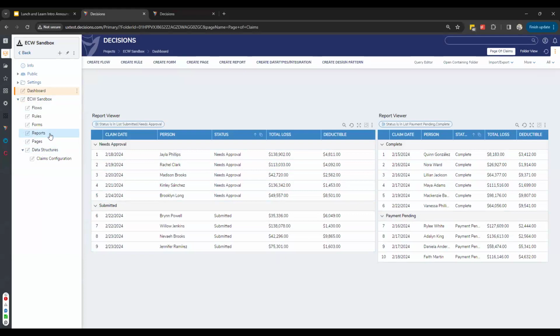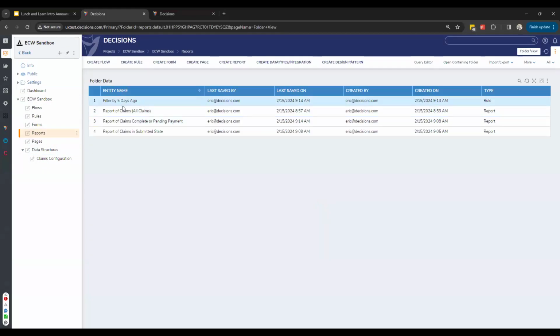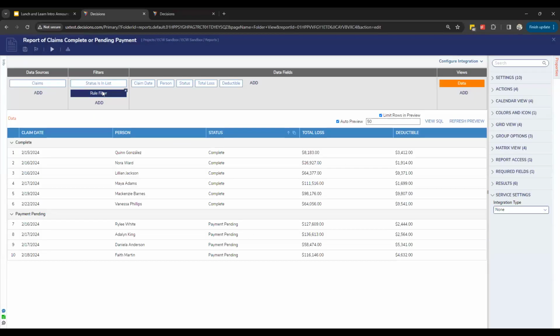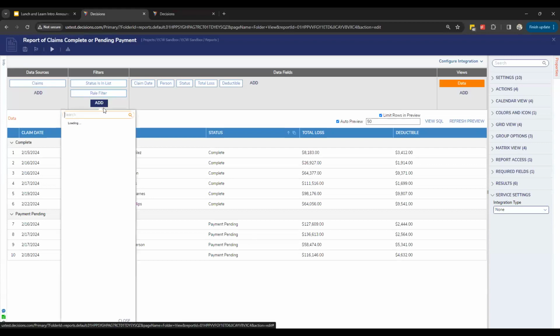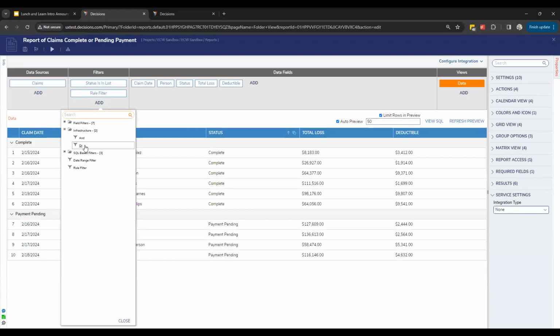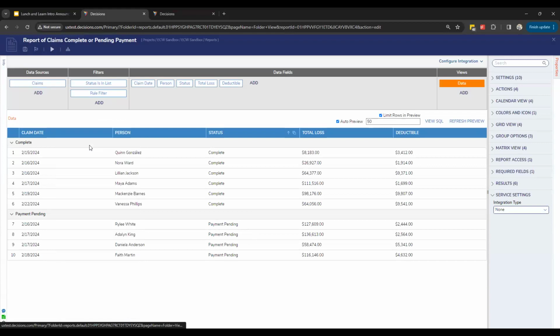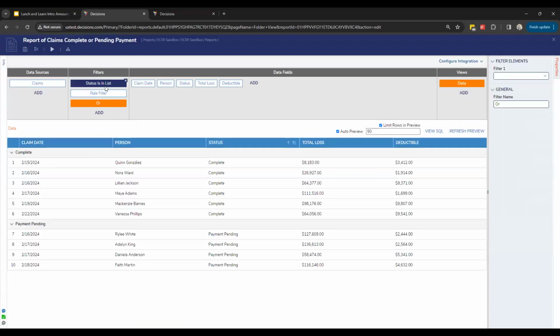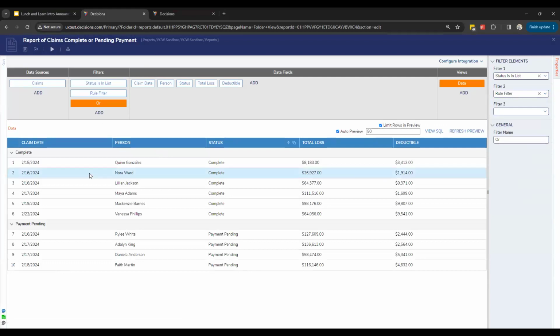Really, the point that I want to make here is that these filters you're creating can be combined. So now this is looking for both status and rule filter, and I can even add more and some other column, and if my loss is greater than, and you can combine all these together. You can even do OR logic between filters. So it's a little bit of a setup, but I could say, I need to know if the status is in list filter or it's my custom rule filter. And now it's doing OR logic to do all the filtering here.